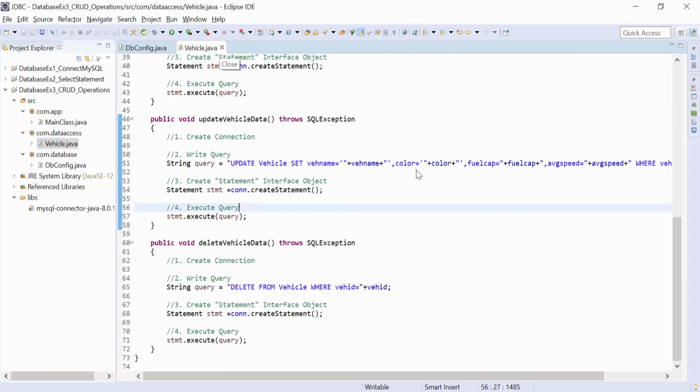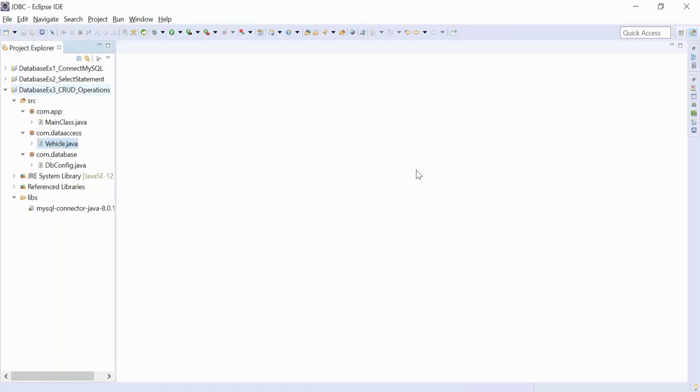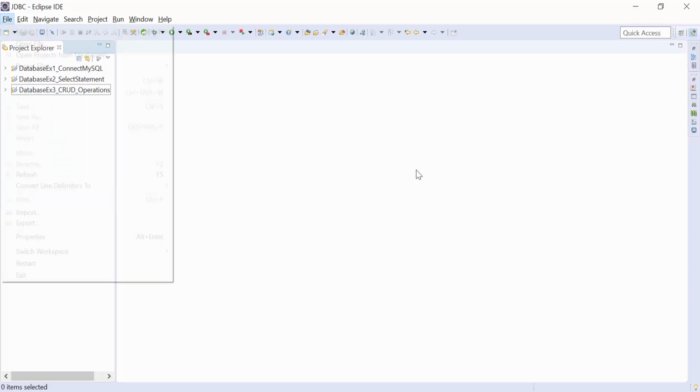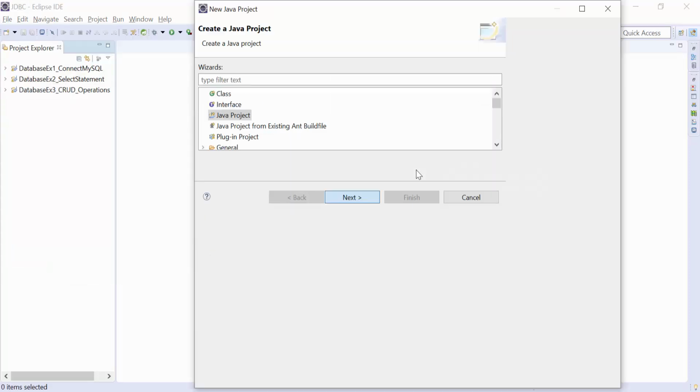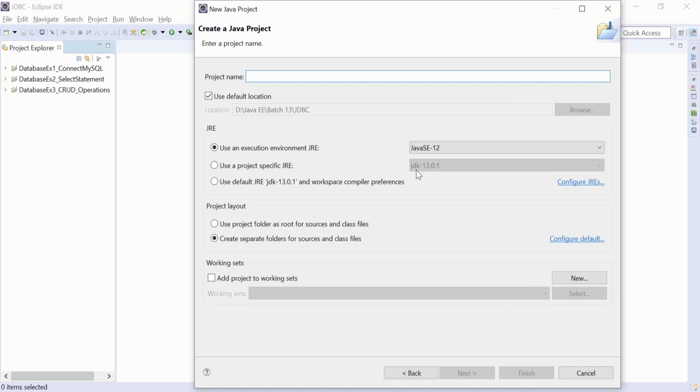Another way to perform the CRUD operations we see using another application. So I create one more project, a Java project, and then we write the project name as example 4, again the same CRUD operations.